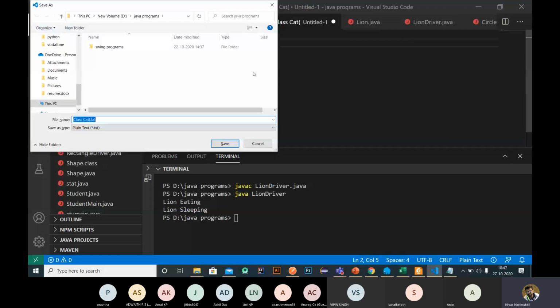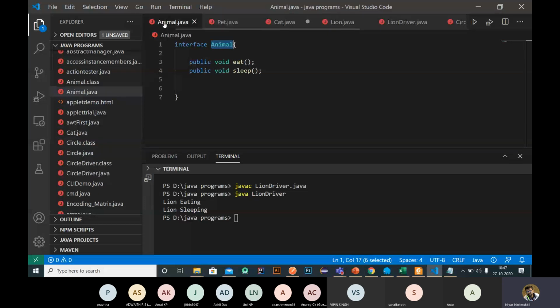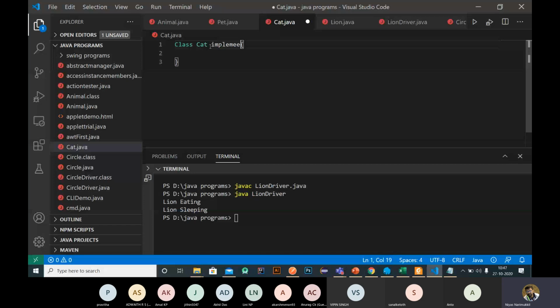So a cat is an animal, and a cat is also a pet, right? We can use the implements keyword to implement both of these parent interfaces. So we can implement both interfaces simultaneously like this, that is, implements animal.